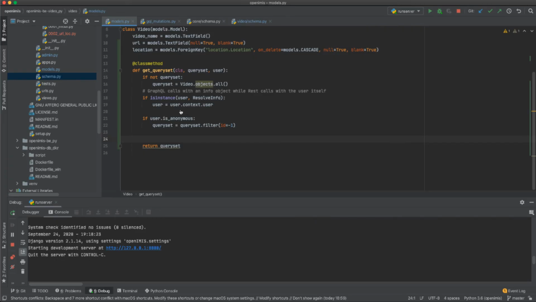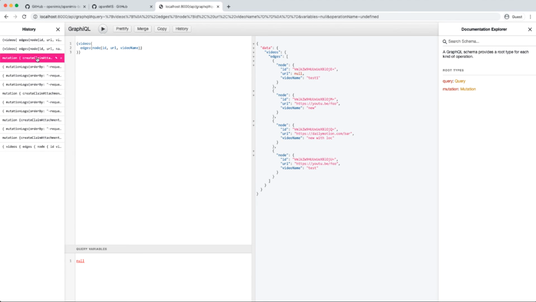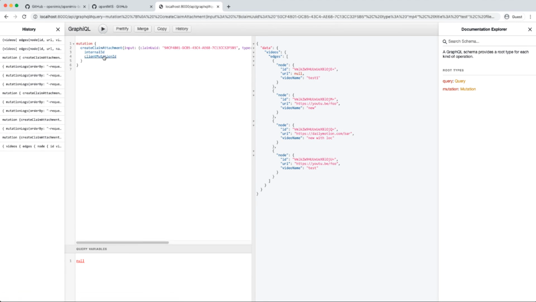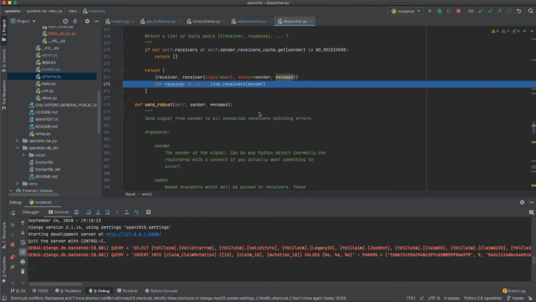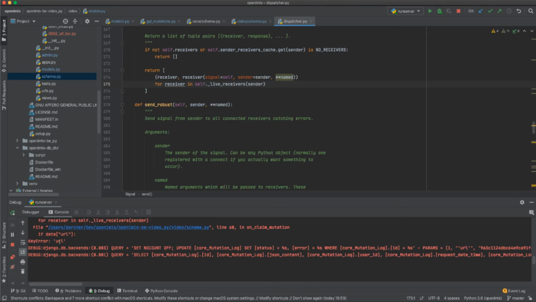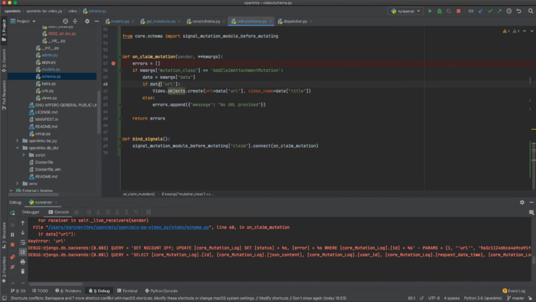Now if we try the same query again, we don't have a URL this time, so let's take the claim mutation, and in this case we're going to remove the URL, leave this. We're going to get this. You can see that we have received an error. In this case, there's a key error. In Python, if you just do this kind of access into a data dictionary and the element is not present, you get an error. So to go around that, you can say either URL in data,